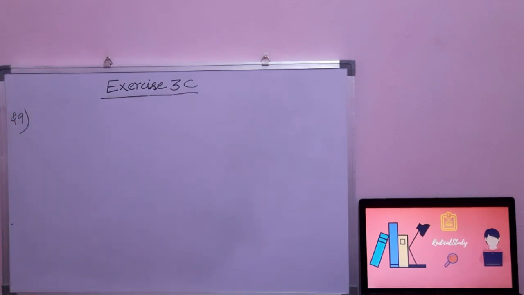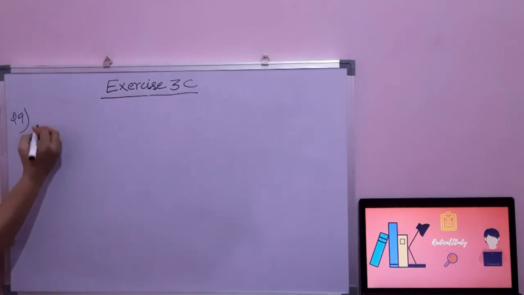So firstly I will read the question for you. A bus can cover 62.5 kilometer in 1 hour. How much distance can it cover in 18 hours? So in one hour the bus is covering 62.5 kilometers. So we have to find out how much the bus is covering in 18 hours. So the first statement will be distance covered in 1 hour.